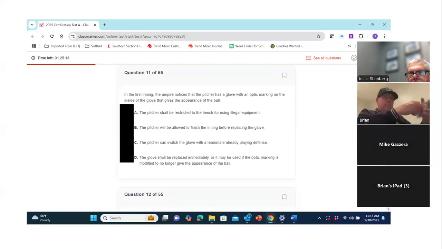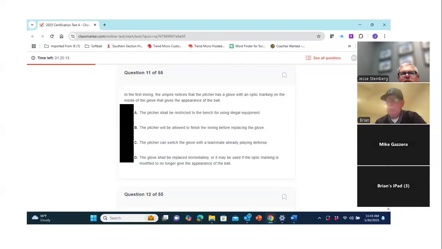Jesse, is your screen maximized? It is, but the problem is these were screen grabs, and I couldn't really get them any bigger than this. I apologize. I tried to get them as big as I possibly could, but that's why you have all the crap down on the bottom and the top. And unfortunately, this was very hastily thrown together in about 45 minutes to try to get this up so you guys could at least visually see the questions instead of me just reading them to you.